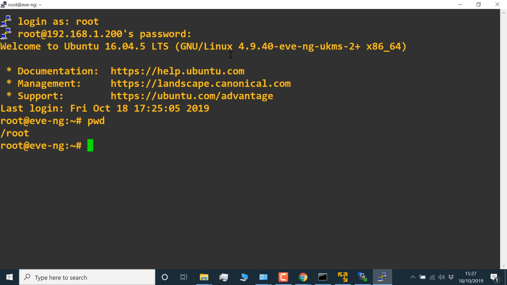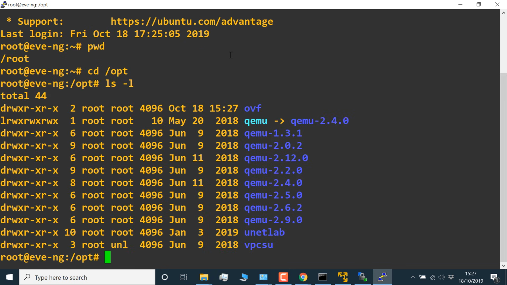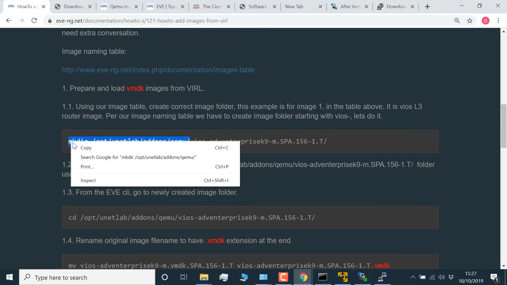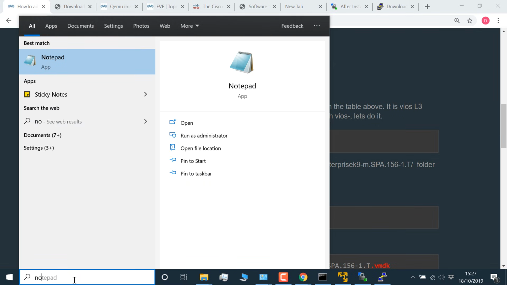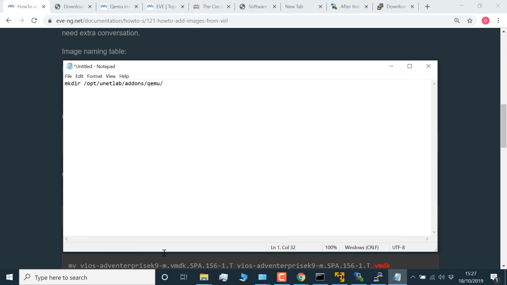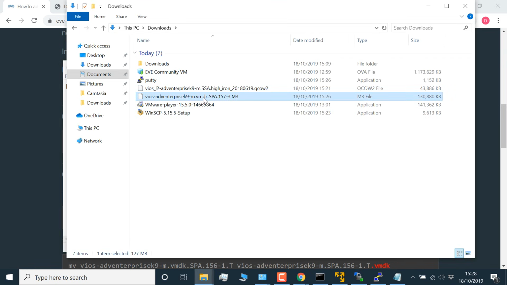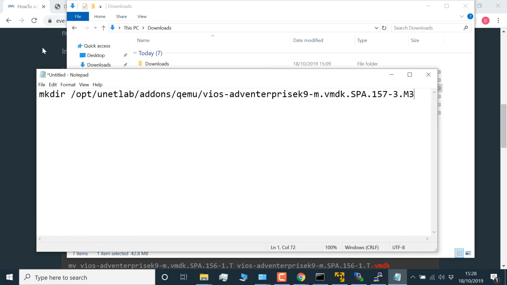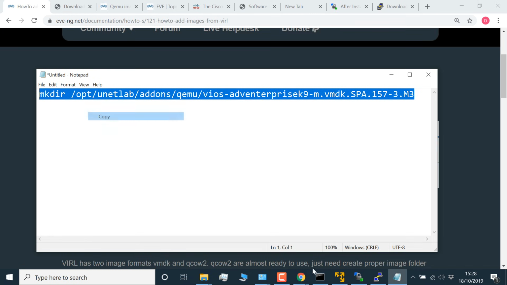PWD shows me where I am. I'll go to opt again. ls -l shows me the files here. Back on the eveng website, we need to create this folder, and this name needs to match the router image. So what I'll do is copy this into Notepad. And the file name that I need to use is this file name. So this is the name of the file that's been downloaded from Cisco's website. This is vios. That's the name that we're going to use. So I'll copy that into putty